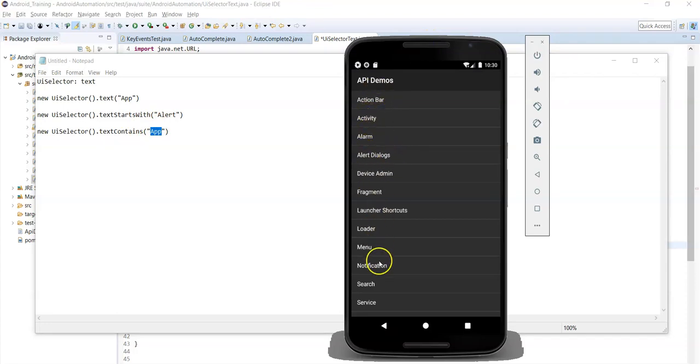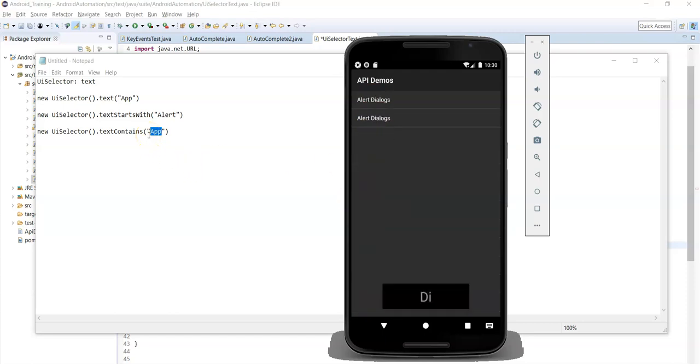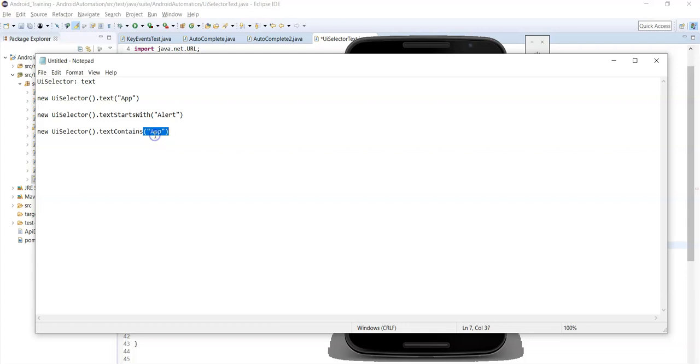There is no other name with Dialogues, right? So you can pass Dialogues, so that it will identify the element uniquely. Next, the last one, text matches.